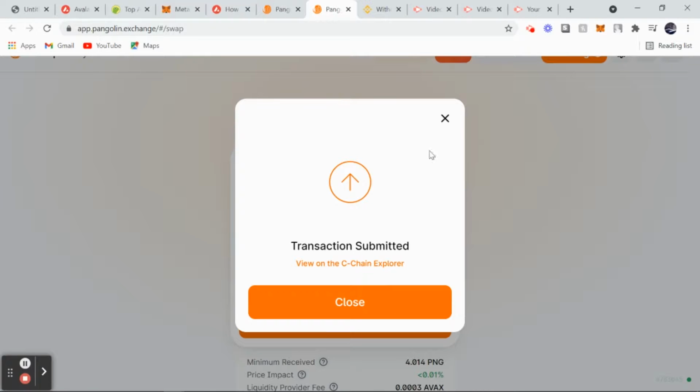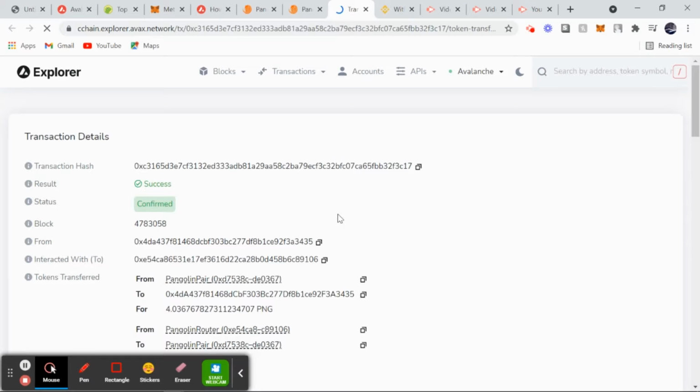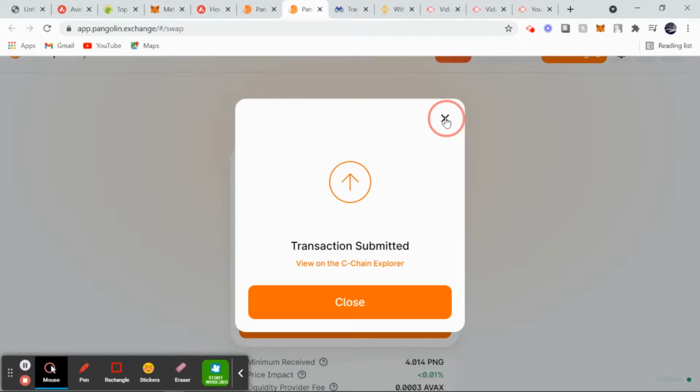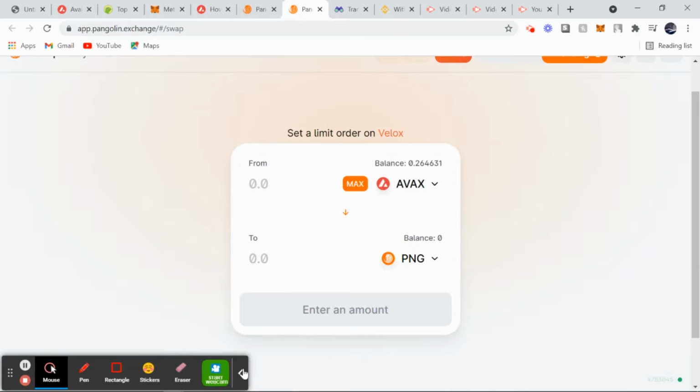This transaction has been submitted, and in maybe less than 5 seconds, it will be confirmed. Now let's open it and see if it has been confirmed. Okay, it has been confirmed. That means you have succeeded in buying PNG, the Pangolin token, using Avax on the Pangolin exchange.